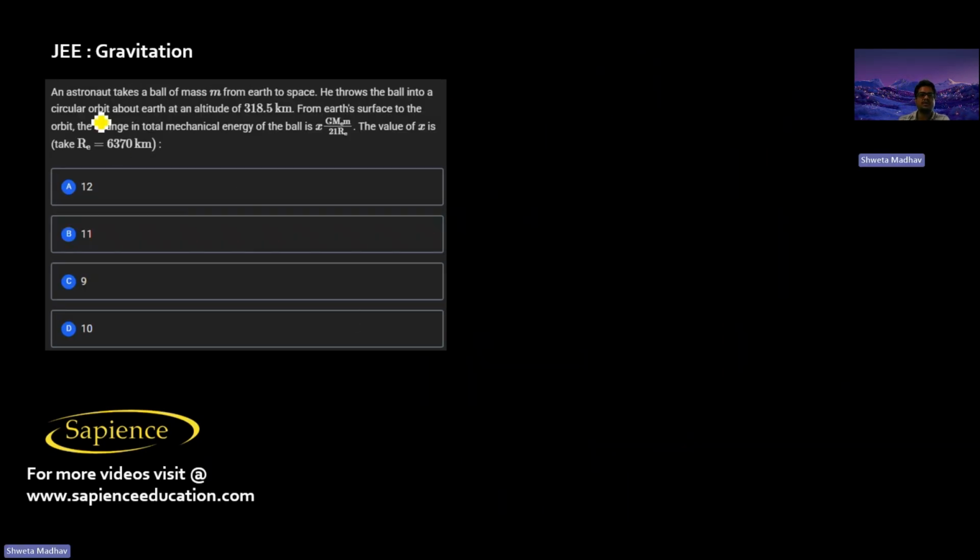Here it is told that an astronaut takes a ball of mass m from Earth to space. He throws the ball into a circular orbit around Earth at an altitude of 318.5 kilometers. So this is the height at which it is revolving in a circular orbit. From Earth's surface to the orbit, the change in total mechanical energy of the ball is